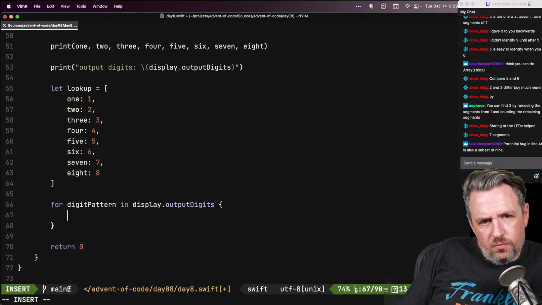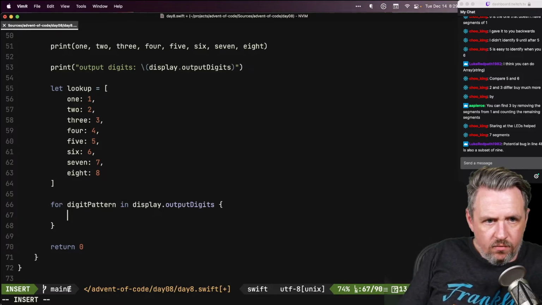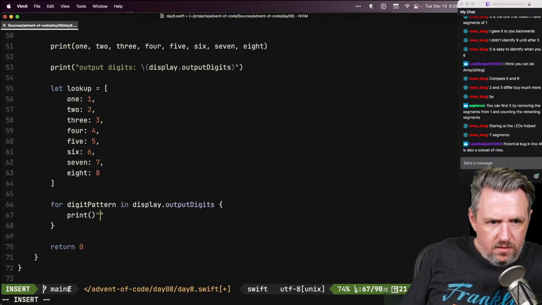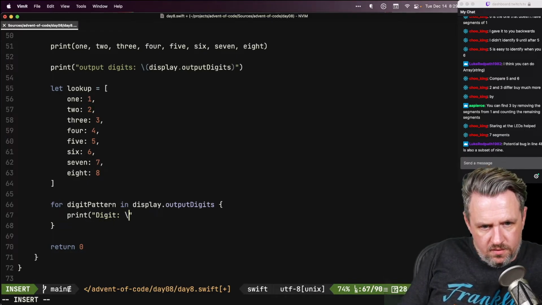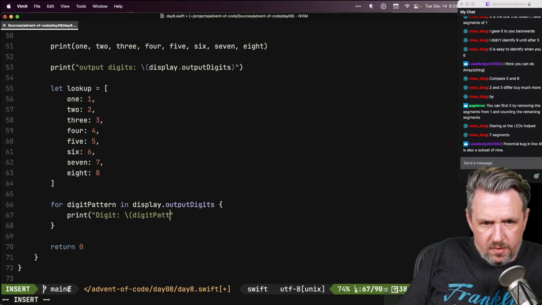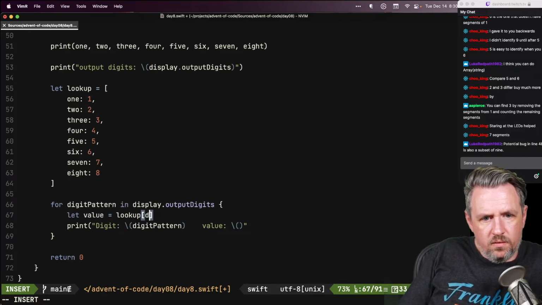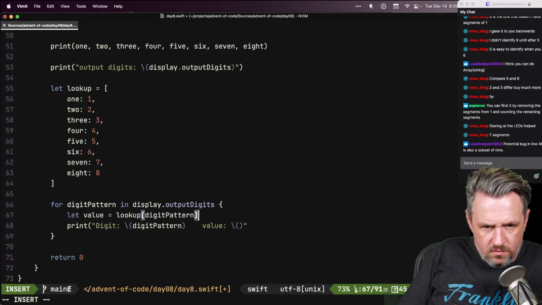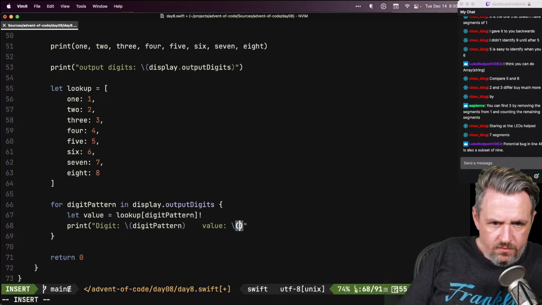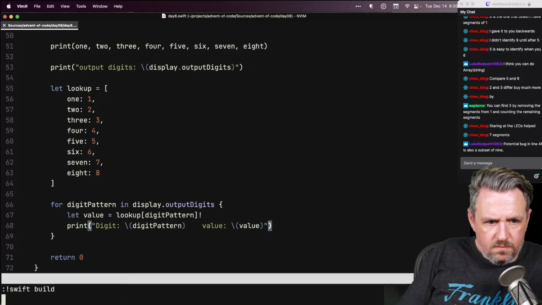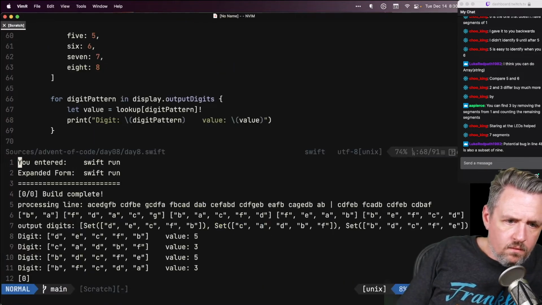Okay, so now in my digit pattern, I can grab the value. Let's print out the digit is digit pattern. Value is value. We'll grab the lookup for this digit pattern. We'll force unwrap it because we should have already grabbed it, and we'll print those out. Okay,